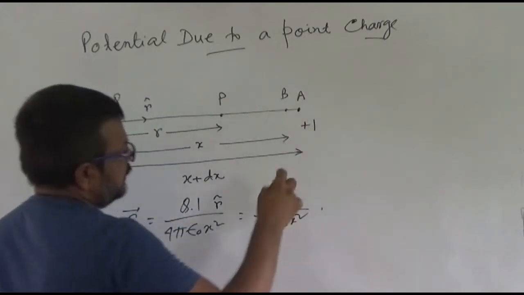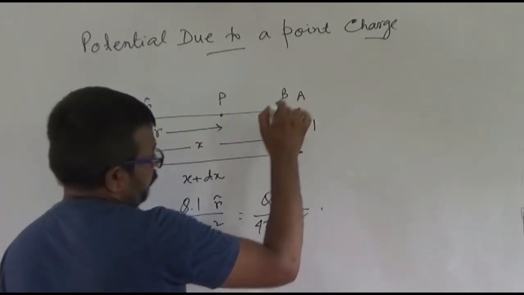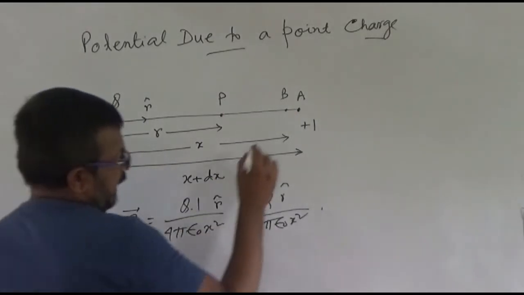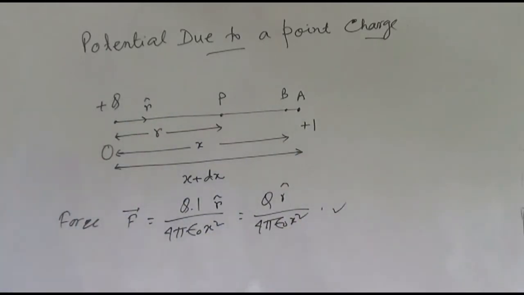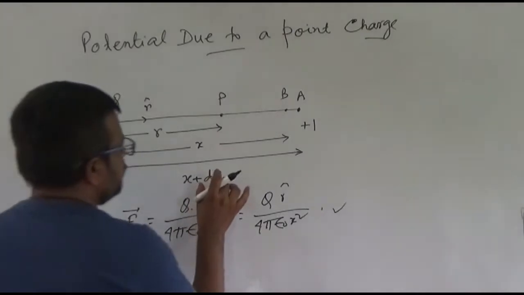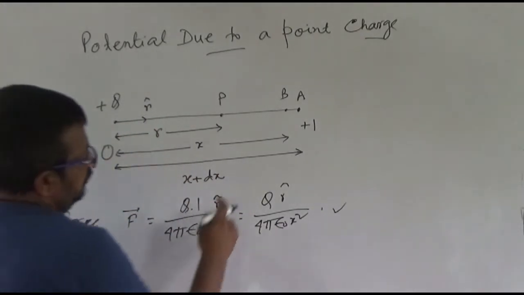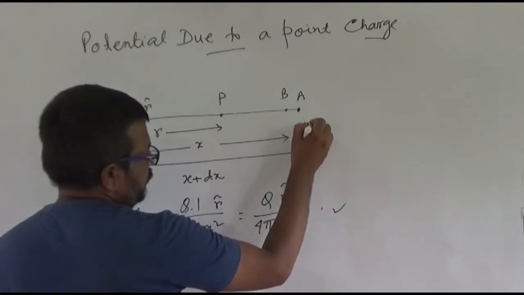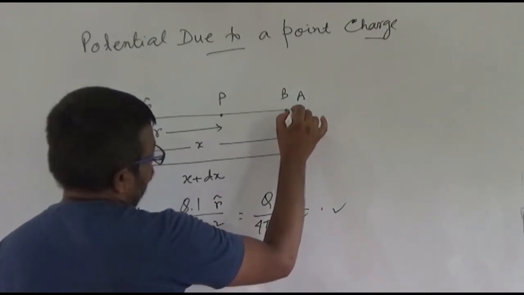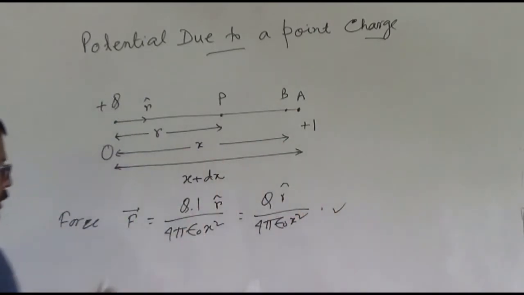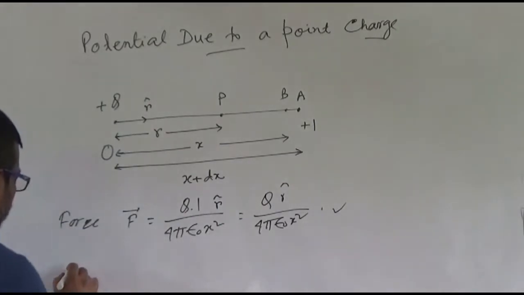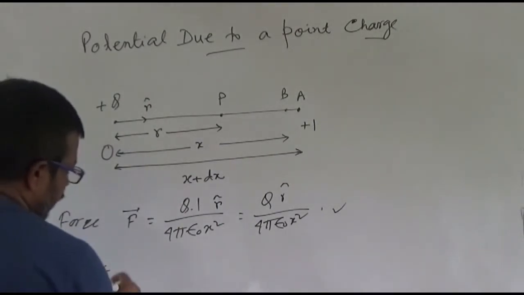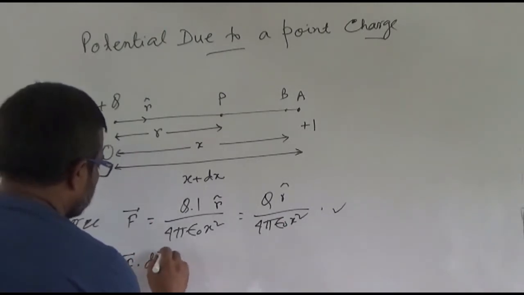at the point A. Since B is very close to point A, you can say that at each and every point between A and B, the force is the same. Since dx is infinitesimally small, we can assume the force on charge plus 1 at every point between A and B is the same, which is equal to Q R hat divided by 4 pi epsilon naught x square. Now, to bring the charge from point A to B, the work done dW is equal to F dot dr,